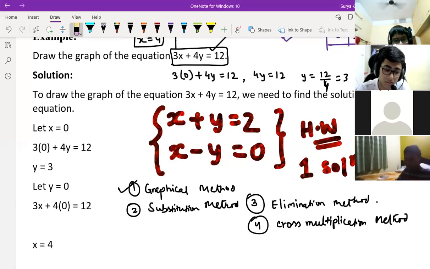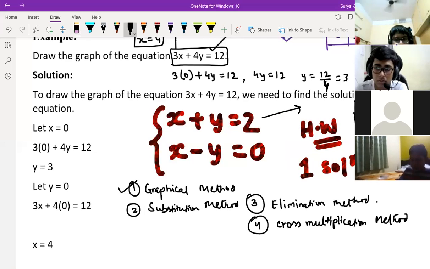No, sir, not this I'm telling. In the graphical method, you can do this. You should draw the parallel lines separately. And you are saying that x is equal to 0 and y is 2. Then next we will represent it in the graph. We need to draw parallel lines, sir. That part I did not understand, sir.